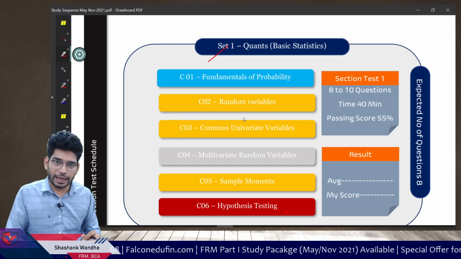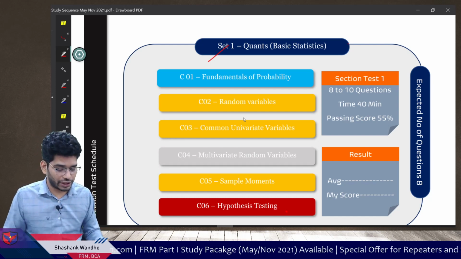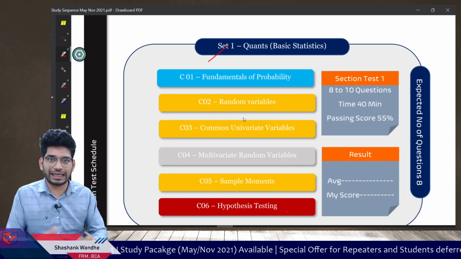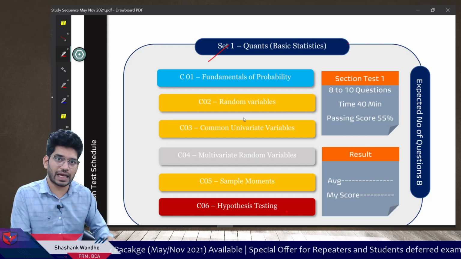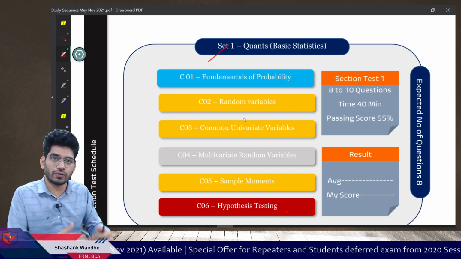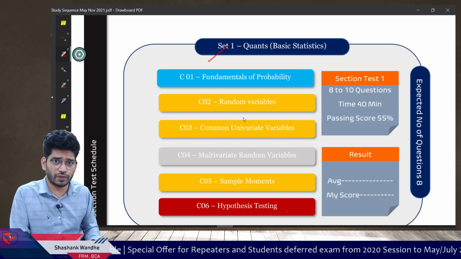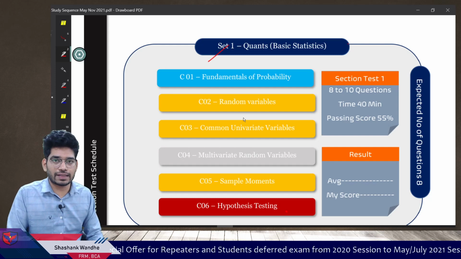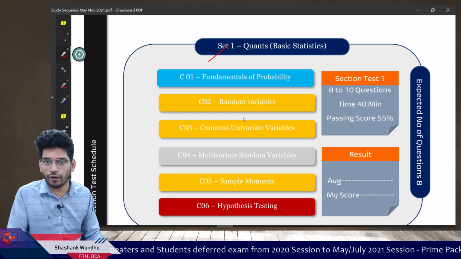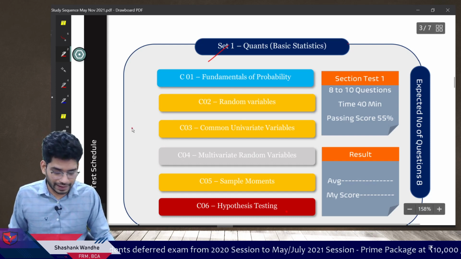So for them, my recommendation is to focus on this set. Start with set 1, prepare it, and test yourself. Are you good for the exam or do you need further preparation? If you are good for the exam, move on and keep doing this, and automatically your syllabus will be over. Once you are done with the syllabus, you will have a better idea of how you are going to perform in the exam. Okay, so that's all about the self-study guide.